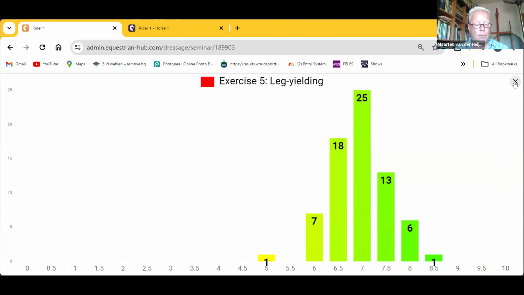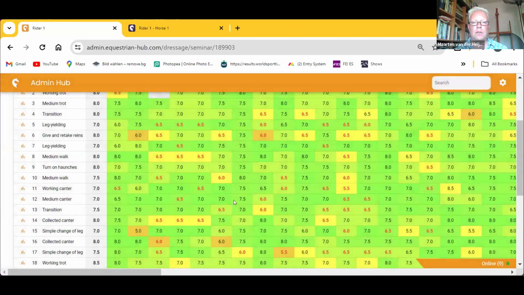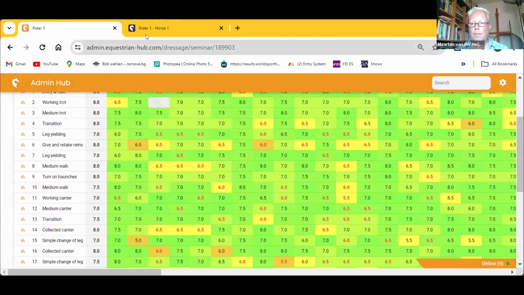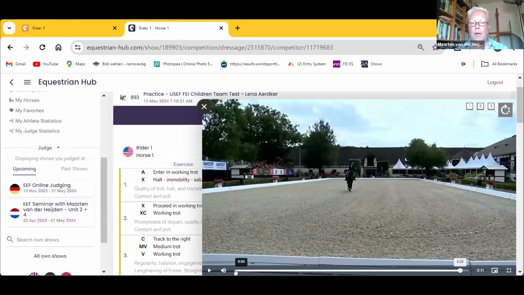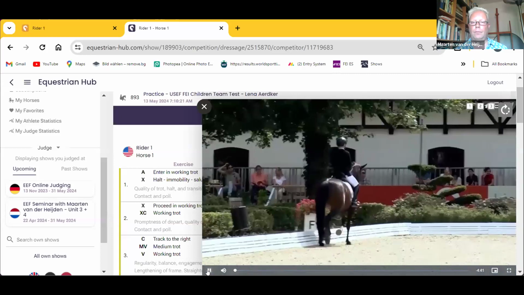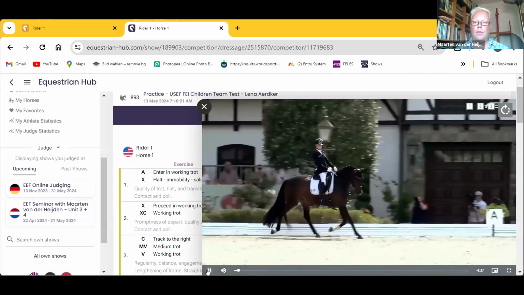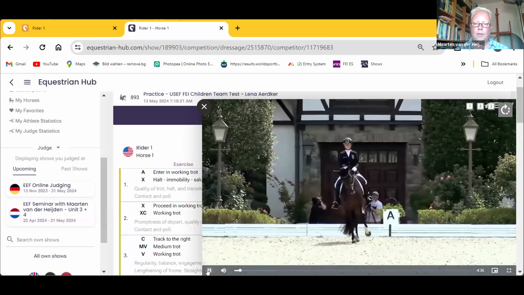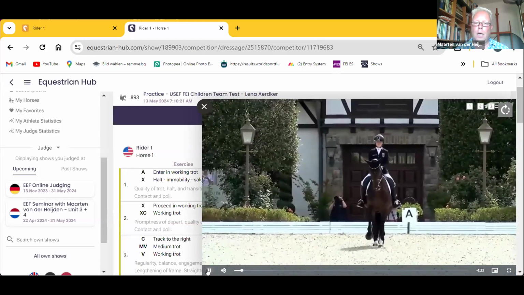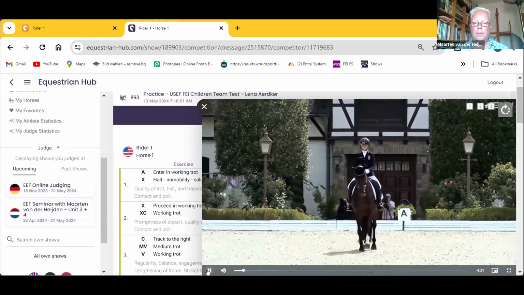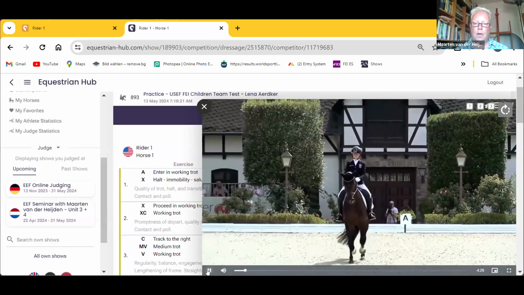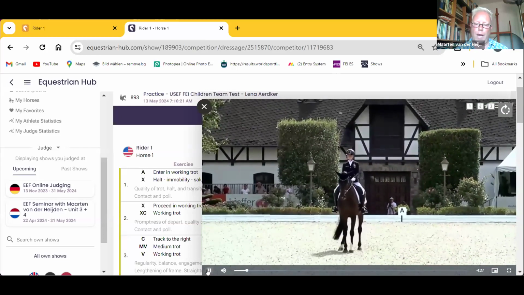So now we go back to the first 5 exercises in the test. We can let the video continue and I will give my scores just from the beginning. Here you can see a nice entrance, totally nice, an 8, at A, nice straight on the center line. Now you can see the halt, and you want him a bit more square, and there you can see that